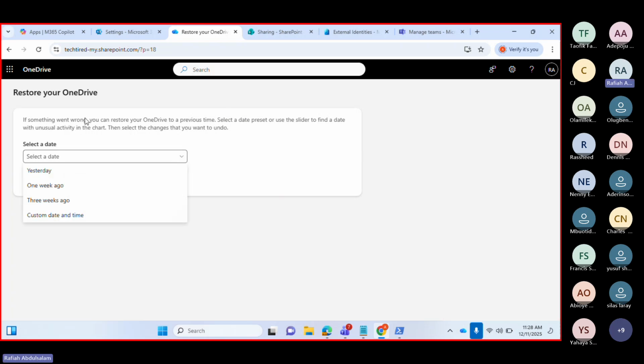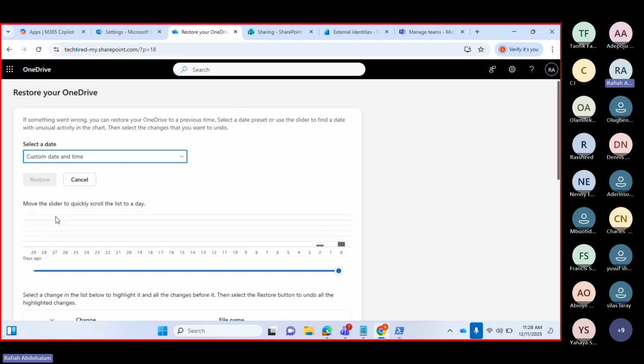If something goes wrong, you can restore your OneDrive to a previous time, select a date preset, or use the slider to find a date. So I could just pick a custom date and time. This is like 0 days ago, 1 day, 2 days. So if I choose to use this slider, I'll just move it to